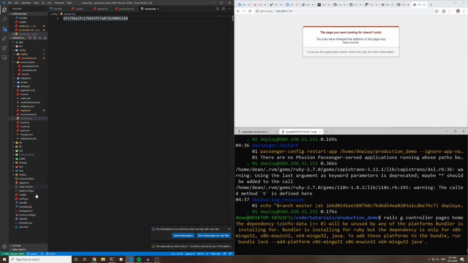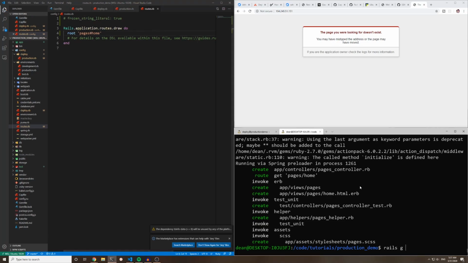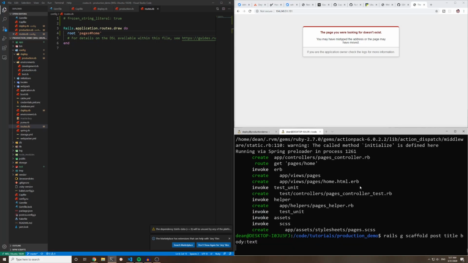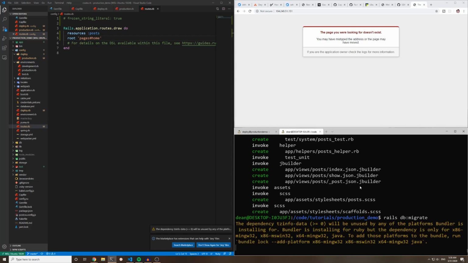And then we can come into our config and our routes.rb. And we can say, make this, instead of get, we'll set this to root. And instead of slash, we'll make this hash. We'll save this. And let's also do a rails g scaffold post. We'll give each post a title and a body of type text. And then we'll run a rails db:migrate command to migrate the database, and we'll come up to our app,